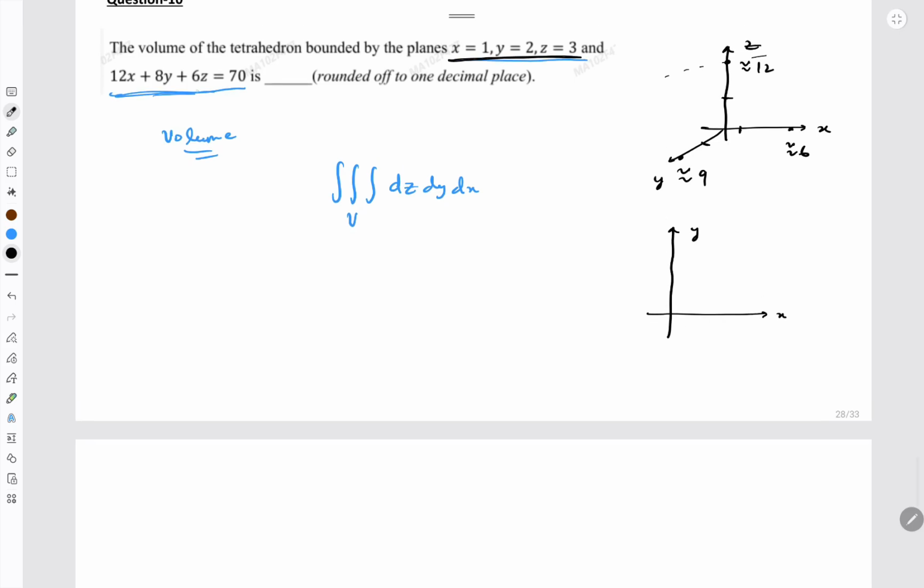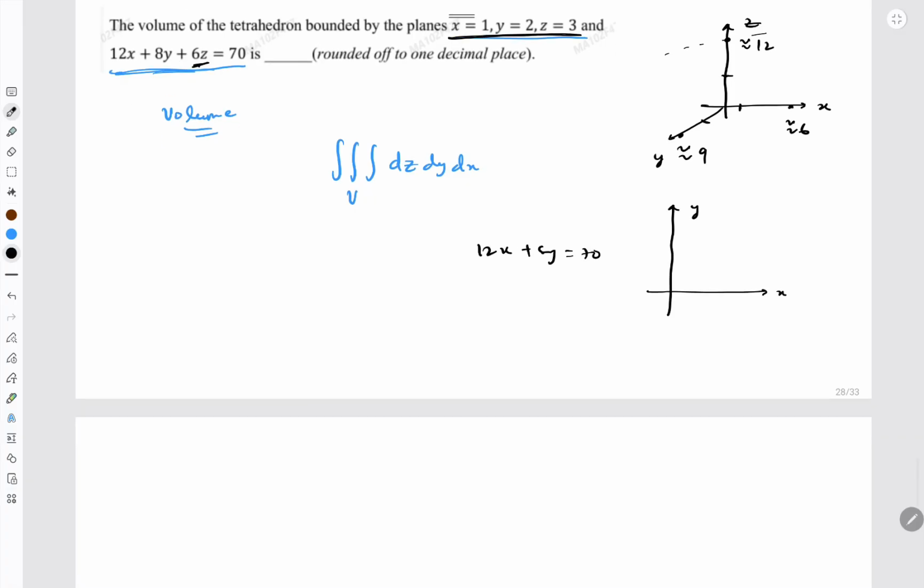In the xy plane, z is 0, right? So let us put z as 0 here. So 12x plus 8y becomes 70. So let us draw this line, 12x plus 8y equal to 70. So at x it is passing through 6, at y it is passing through 9. So basically I can draw it like this, right? Now x is equal to 1 somewhere here, y is equal to 2 is somewhere here. If I draw these lines as well,